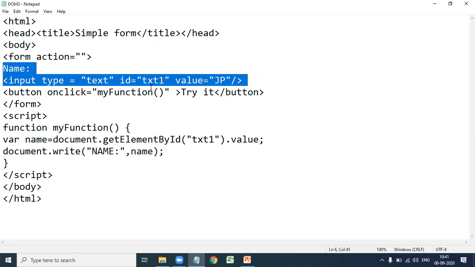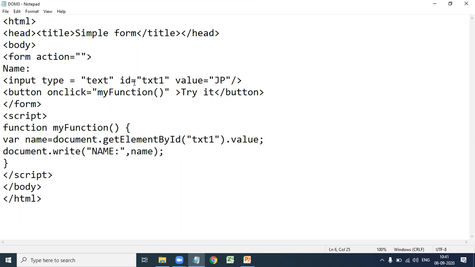This is the ID of the text box in the form in HTML. Next I add one button, try it. If you click on try it, on click equal to my function, it performs my function.